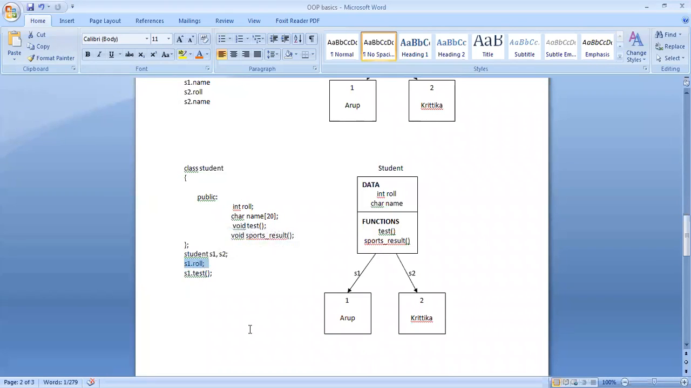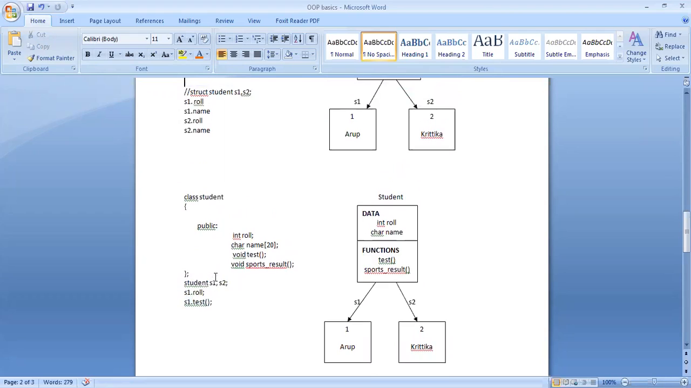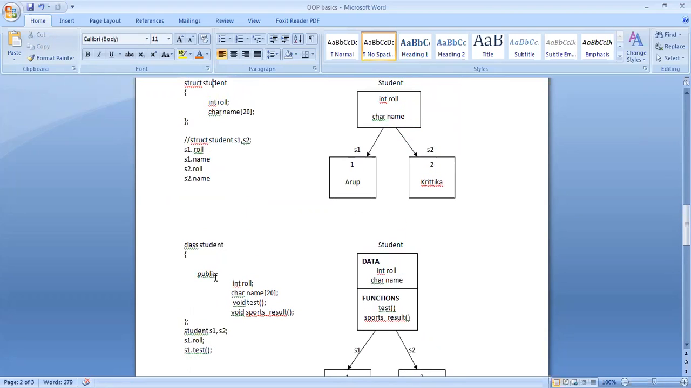Suppose you want to access the test function. Test function for student 1, that is, you want to find the result, the exam result for student 1. For that you have to call this function test. Since it is for student 1, you have to specify the object name followed by dot followed by the member function. So if you see, everything that we have done in structure in your previous semester